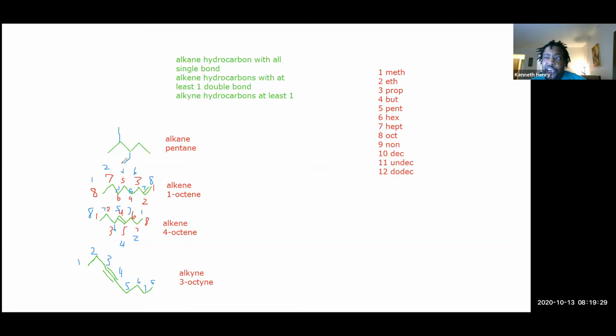So I could use this chain here, or I could use this chain here, which would also have a weird thing coming off the side of it. Or if I started here, that's 1, 2, 3, 4, 5. So we want to find the one that has the longest chain, and that would be the easiest to write. So if I use this chain, 1, 2, 3, 4, 5, being my longest chain,